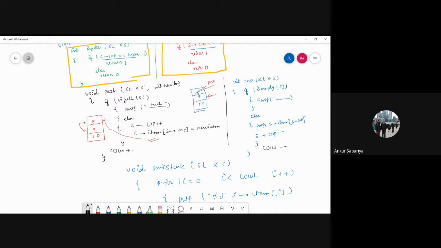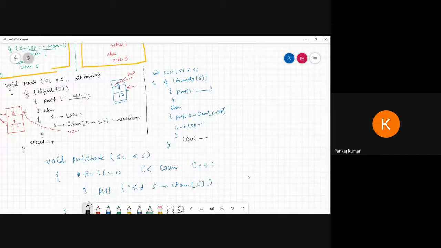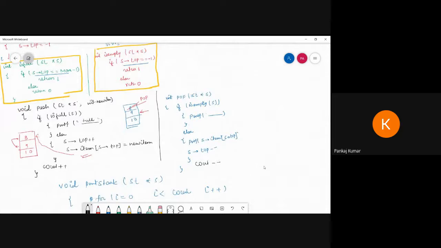Okay. Yes, sir. Now, what do we have to do in the main function? I am going to write the main function. Basically, you know the dynamic memory allocation, so I have to write the dynamic memory allocation.